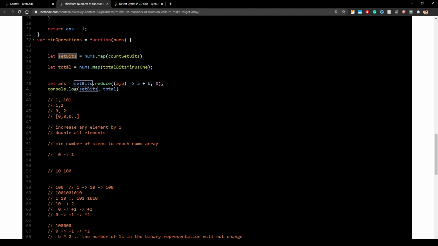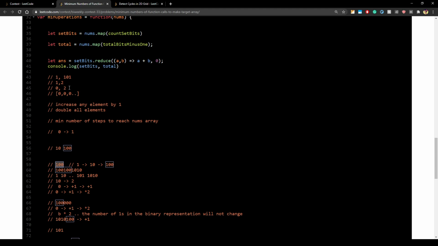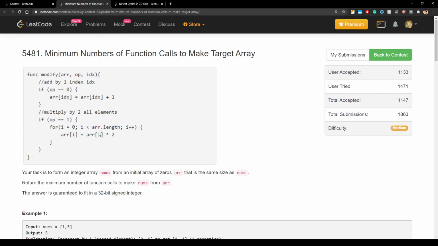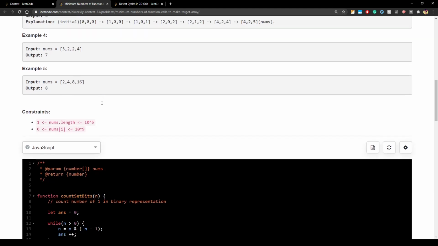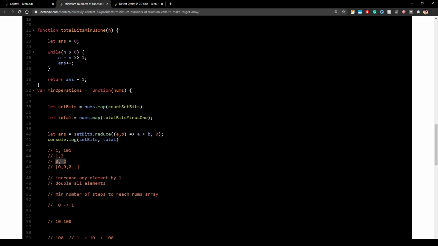Now there is an interesting observation in this total array. What is the total array? This is the number of bits minus 1. As we talked about, if we want to reach this one, we have to multiply it twice by 2. The interesting thing to note is that whenever we do this multiply by 2 operation, we are multiplying all the elements, because whenever we do any such operation, we always do it to all the elements.